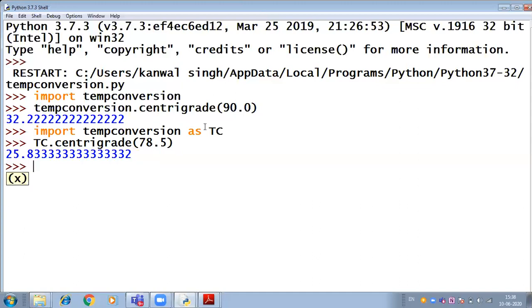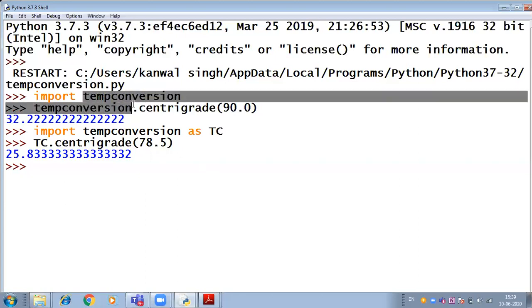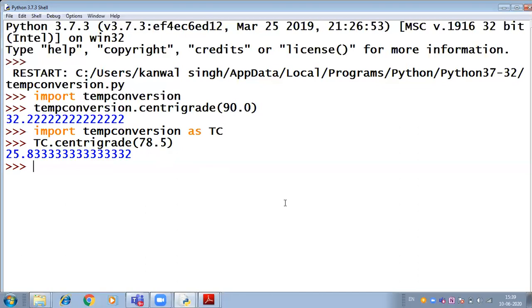So this is how we declare objects. Objects for what? Objects for modules, right? As I told you, an object is basically an instance of a class, of a module. Through this example, you can come to know how to access, how to use, how to call a particular function from a particular module. This temp conversion is a user defined module, right? So you can call in the same way a library function also, a library module also.